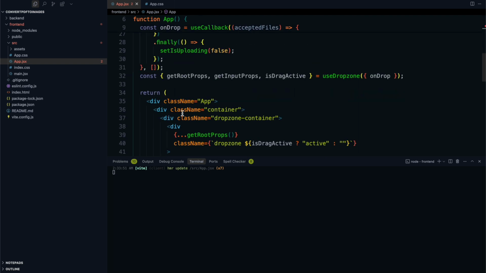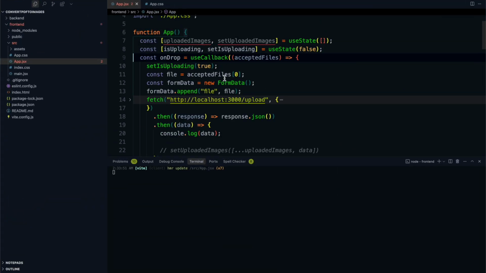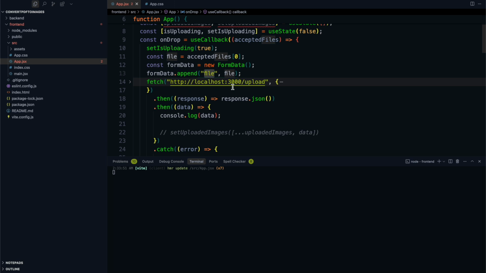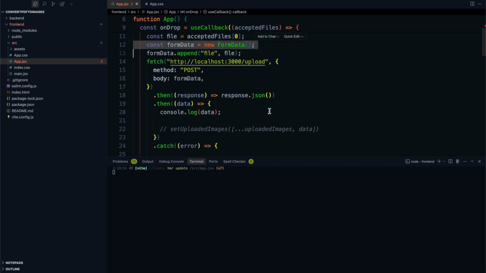So basically when we drop a file in our drop zone, when we select some file here, it's going to call this callback function. At the start of this function, we're just setting uploading to true because we want to show the loader icon at that time. And we're creating a new form data, appending our file, and sending a post request with that form data, with the file that we just uploaded, to our backend. But now everything is looking fine, but the problem is